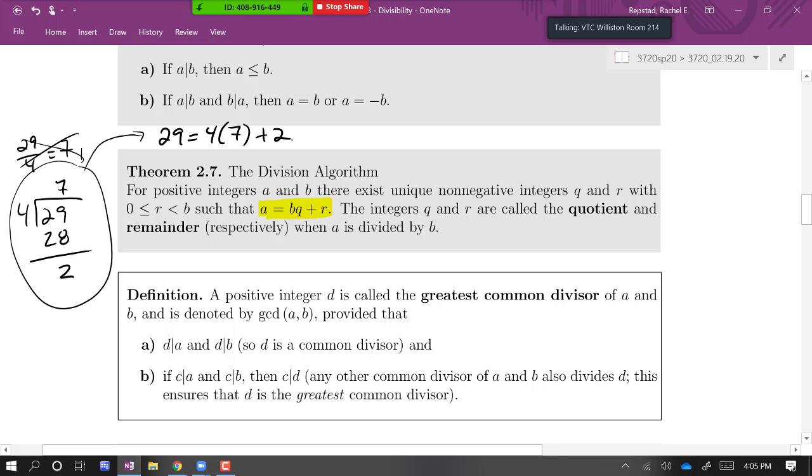And the division algorithm basically says there's lots of ways I could write an equation like this, like take a few 4s and then add some more. I could say it's 4 times 3, that gets us to 12, plus 17, I guess, would be the remainder there. But what the division algorithm says is that there's a unique way to write this so that the remainder is between 0 and B, or in this case, so that the remainder is between 0 and 4. So that quotient and remainder is unique.